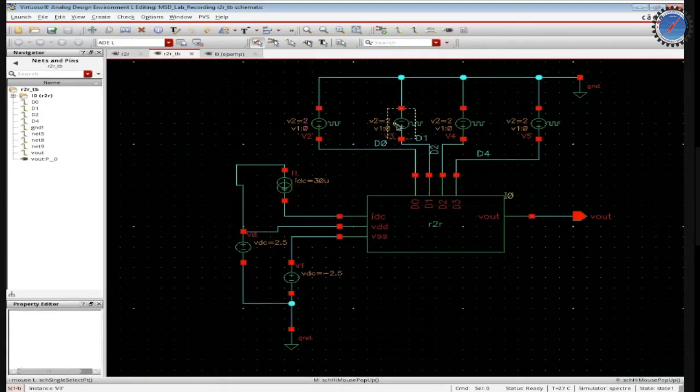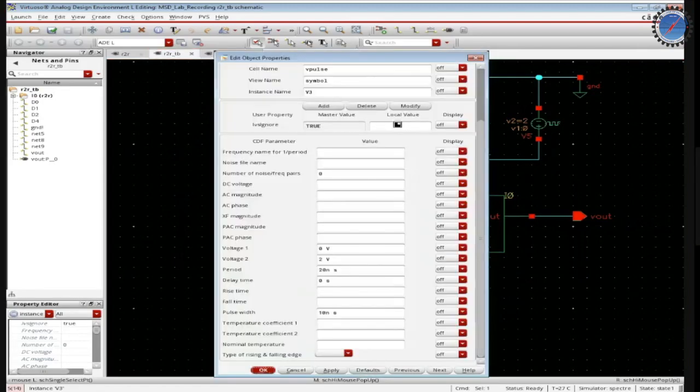Now let us look at the second LSB, D1. Here you can see that the period is given as 20 nanoseconds, which was twice the period given for the LSB. All right, so the LSB is the one which will be changing at the fastest rate, and the next LSB D1 will change at half that speed, or the time period is going to be double. Okay, even the pulse width is being doubled, which is exactly half of the period, as you can see here.